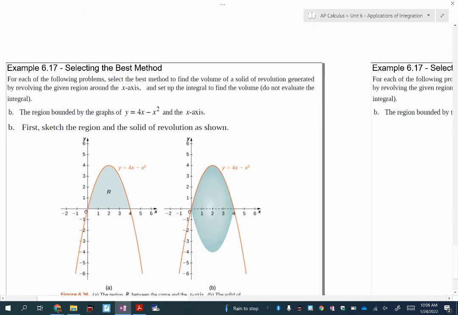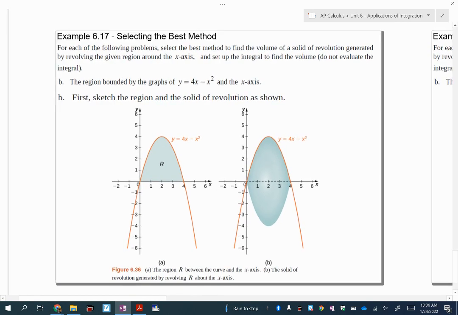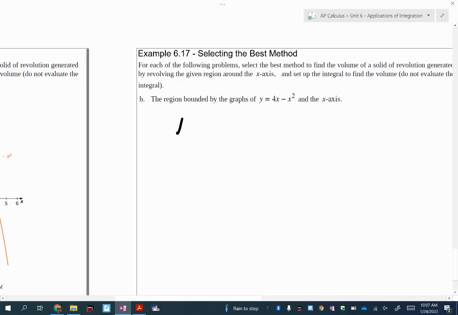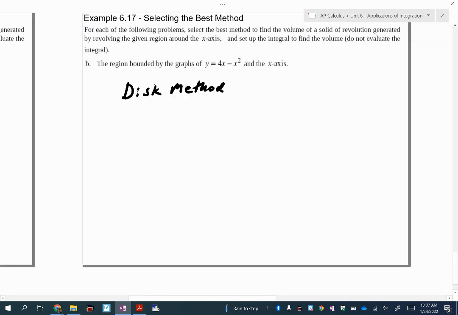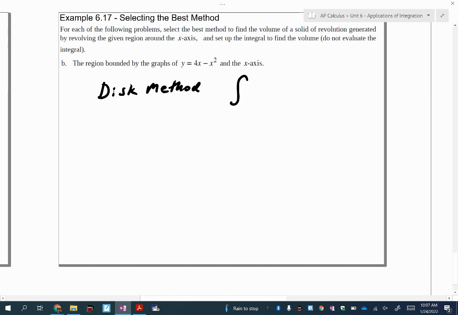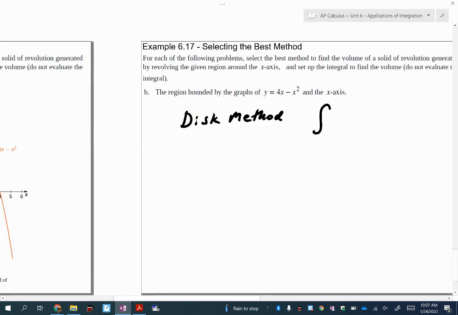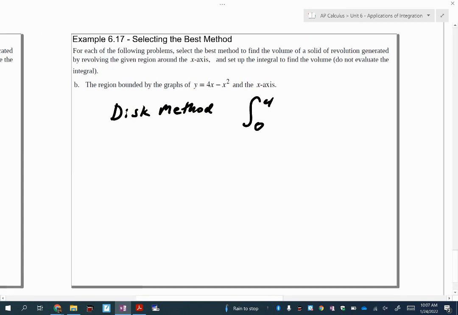Let's do another one, and then we'll be done. All right, so this one, we're revolving around the x-axis. You'll notice there's no cavity, so I don't need to use the washer method. It rules that out. So I'm going to start with the disk method. All right, so we're talking about the integral from 0 to 4 of pi times our function squared. So (4x minus x squared)